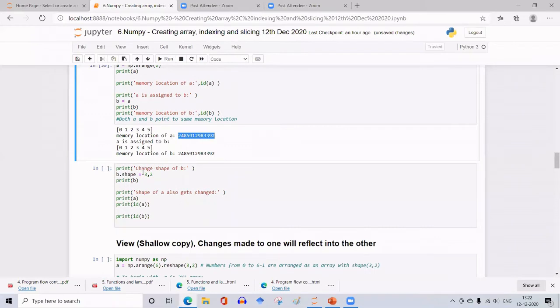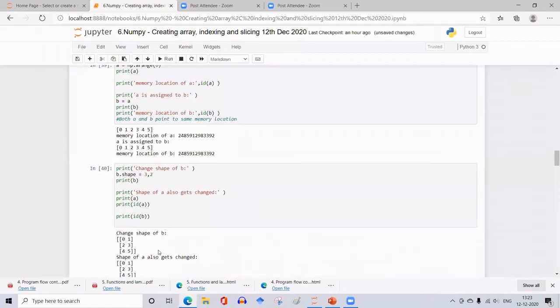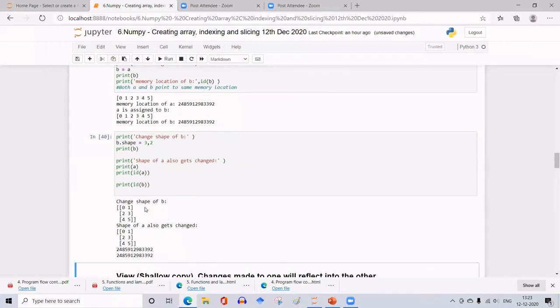Okay. So now let me change the shape of this B. Here I am changing the shape of the B matrix, which is 0, 1, 2, 3, 4, 5 in a single dimension, and then printing that B, and let us see what happens. So what happened? If I change B, A also changes, is it not? Because both are pointing towards the same object.